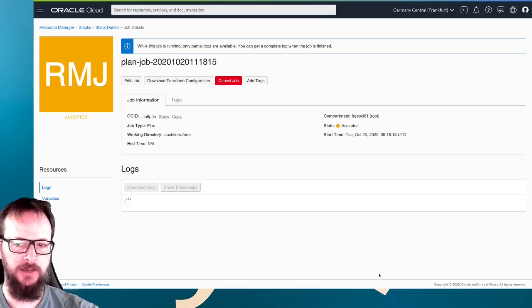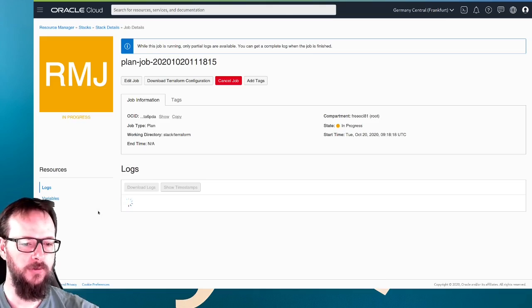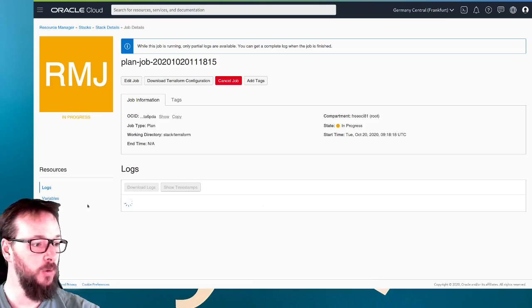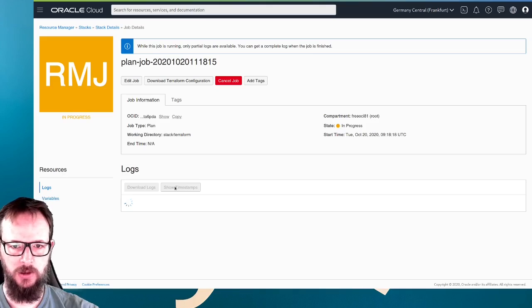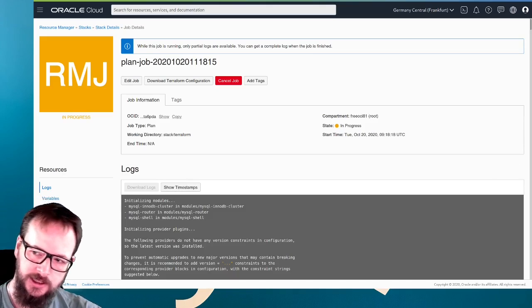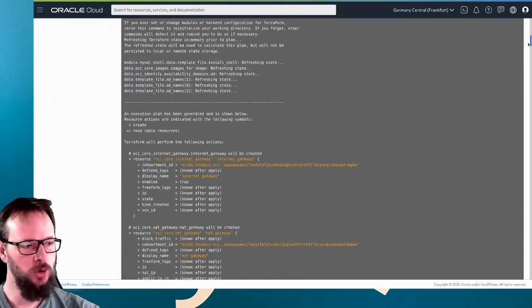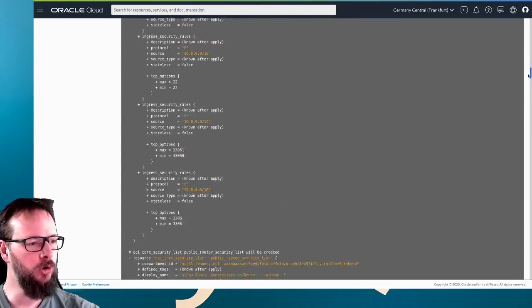It takes some time to do. We can see the log almost in real time. And you also have variables, if you want to verify which variables we changed and what their values were. So you can see here, let me see down here. We can browse there and see all the resources that